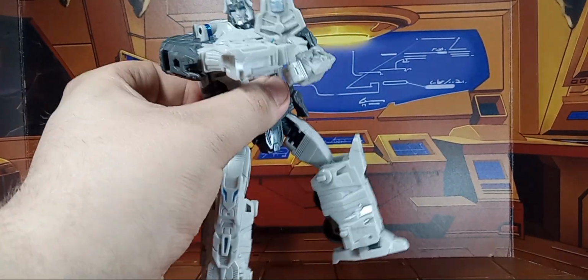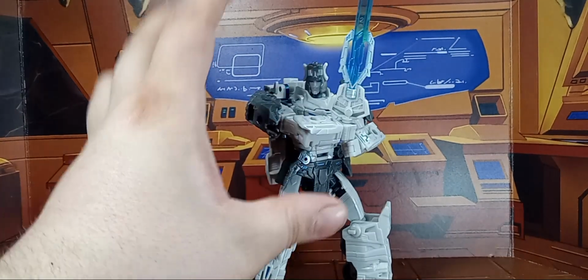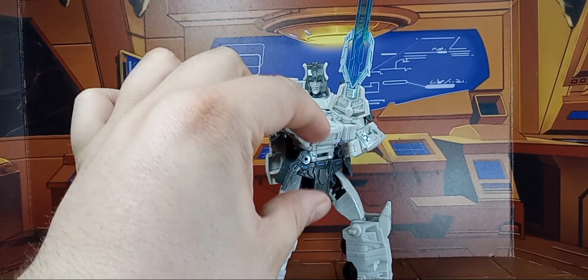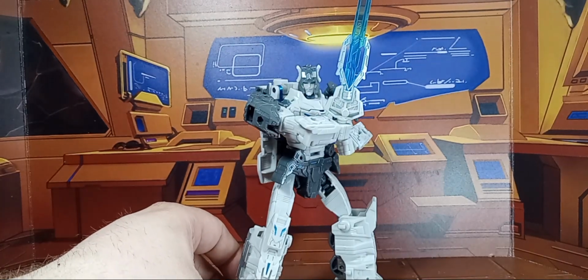I have no quality control issues with this guy. He poses great. He looks great. If I had to nitpick at all, I just would have changed the size of the Star Saber, made the handle longer, maybe some more paint on the sword. But yeah,